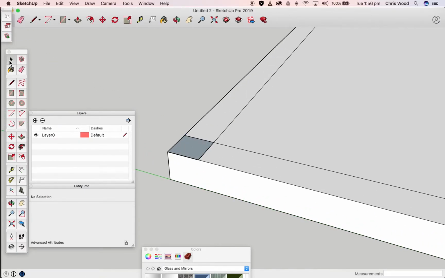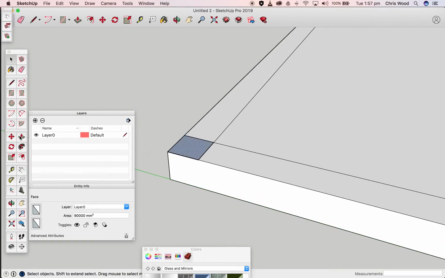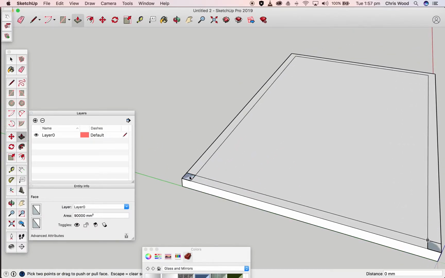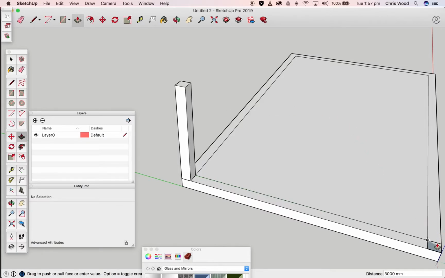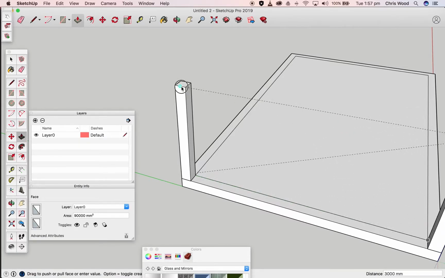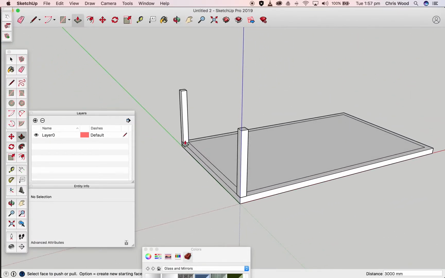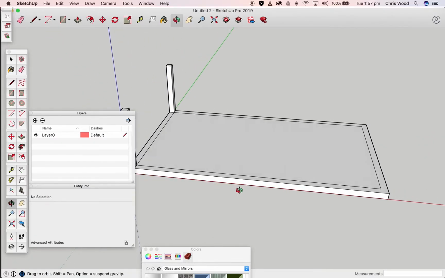All right, and what I'm also going to do is select that one, come out a little bit and raise it up. So I'm going to use my extrude and bring it up, and I'll give it a ceiling height of, I'll go quite big, I'll go 3000 on this. Then I'm going to come over here and do the same, raise it up, touch on this one and it will infer the same height, and we'll have a pair of those at the same height. Okay, I'm going to make this like a box structure